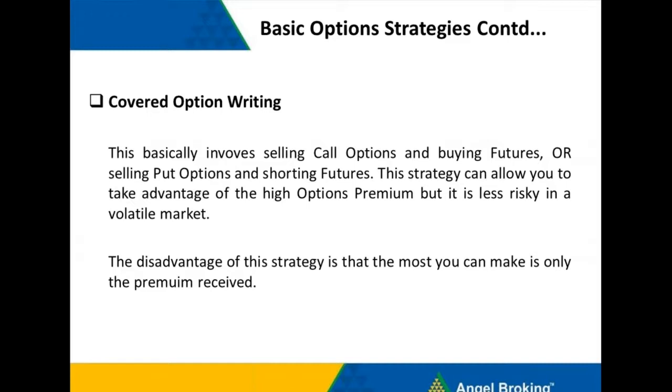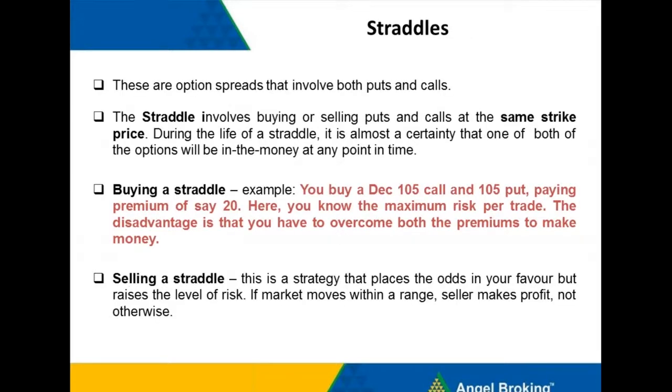Then there are other types of strategies. There's something called the straddle, and we'll just look at that. So these are option strategies. Earlier we had talked about that either you're bullish on the market or you're bearish on the market, so you buy a call option or a put option. In this strategy, which is called a straddle, you are buying both a call option and a put option at